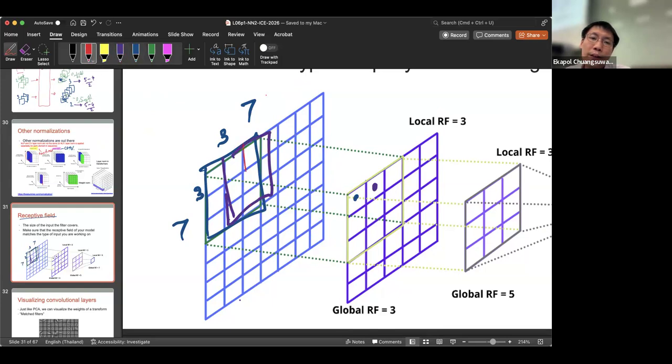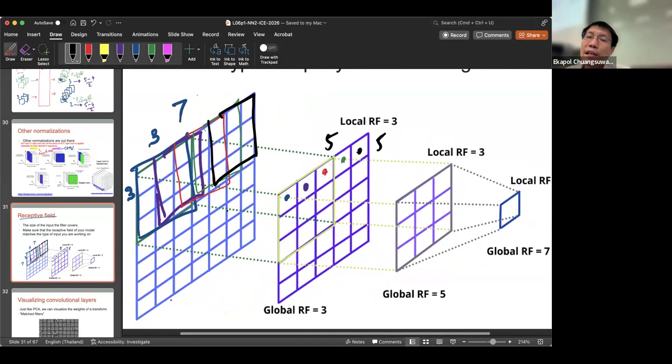I move it 1 pixel, I get another number. Move it again, get another number. The last one is here, so I get my output, which is 5 by 5. So this first filter here has a size of 3 by 3, and it sees an input of 3 by 3. But if we look at the second layer,